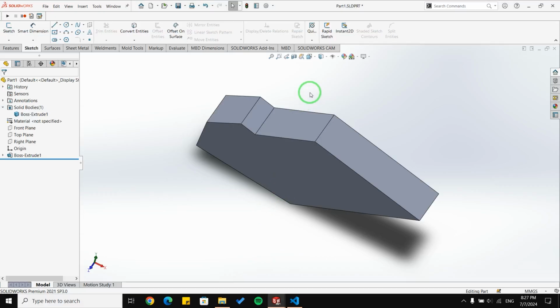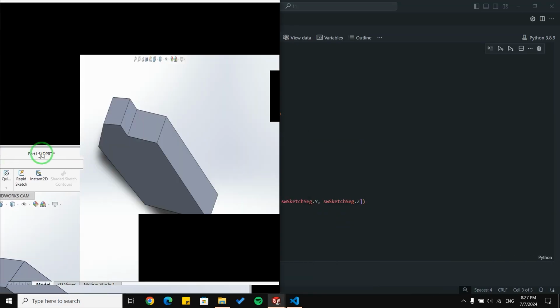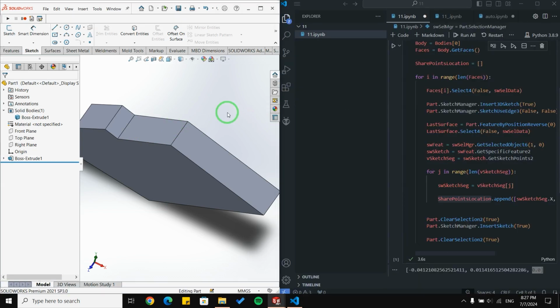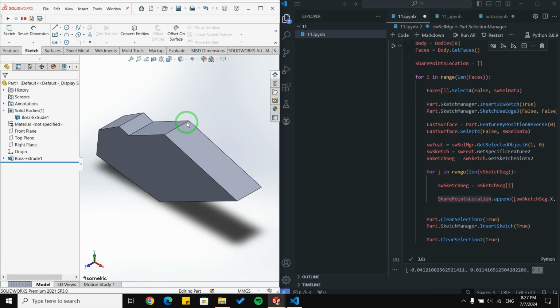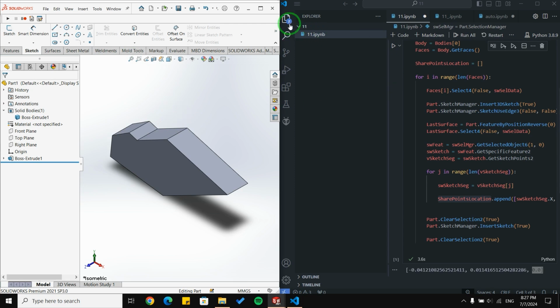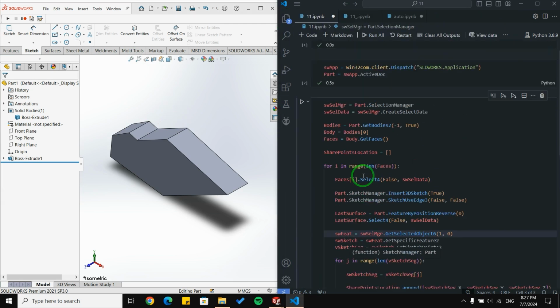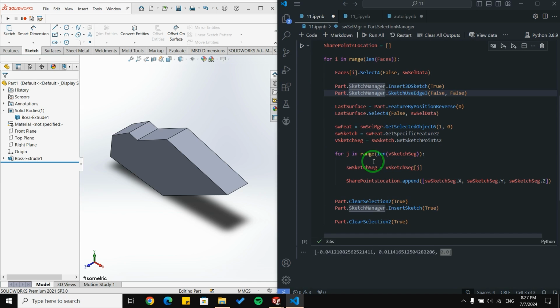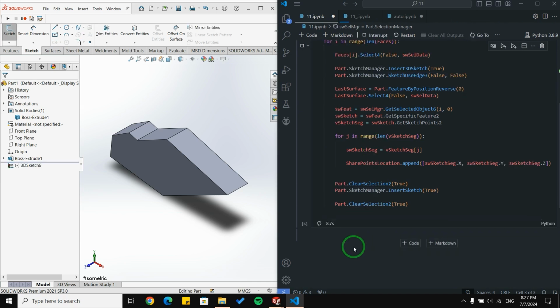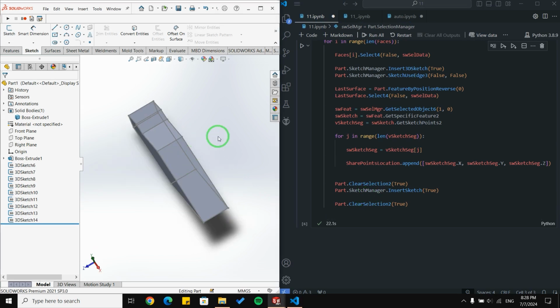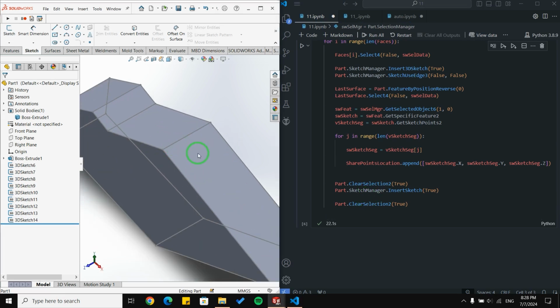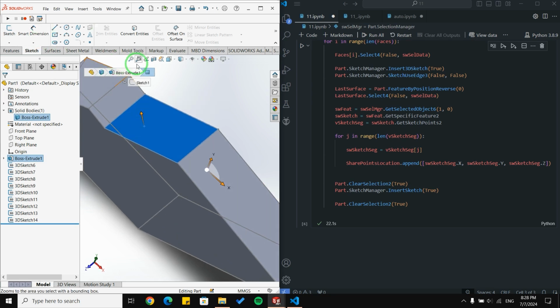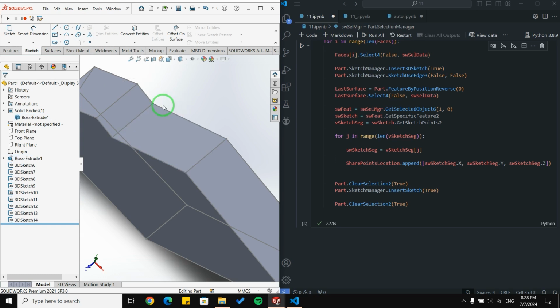Let me rearrange my windows and run this block of code. Okay. Let me save this document first. And let me run this block of code. As you saw, SolidWorks goes through all the faces and creates a 3D sketch from them, then uses convert entities and creates a sketch, and then gets all the points' locations.